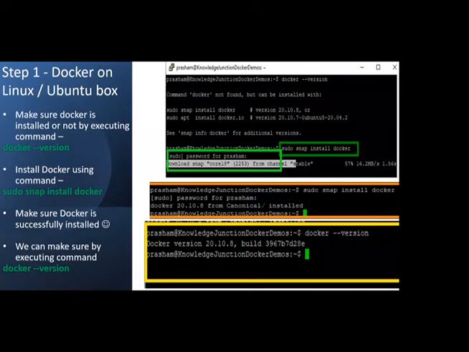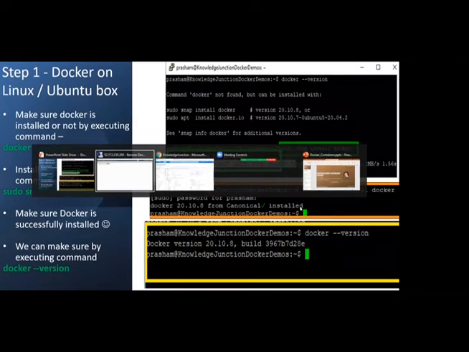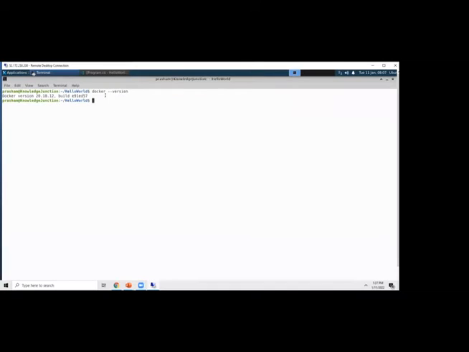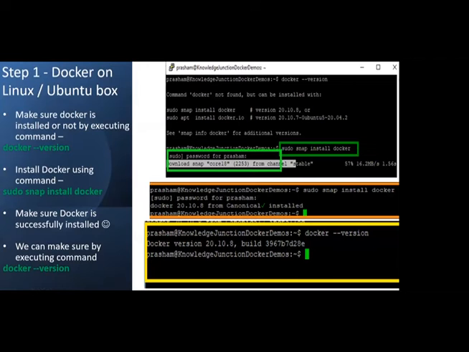This will download Docker and then install it. On successful installation, we'll get a message that Docker is installed. In the interest of time, it's already installed on my virtual machine, and again we could make sure by executing the same command whether Docker is installed or not.